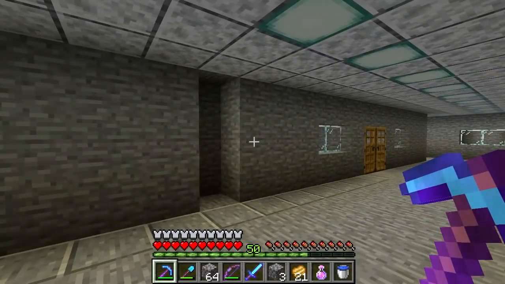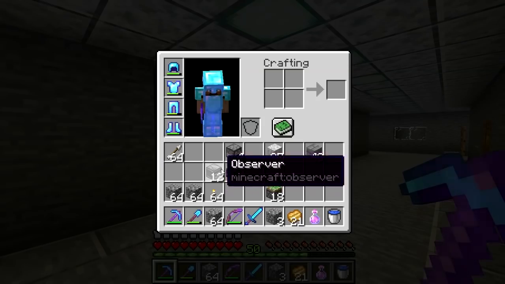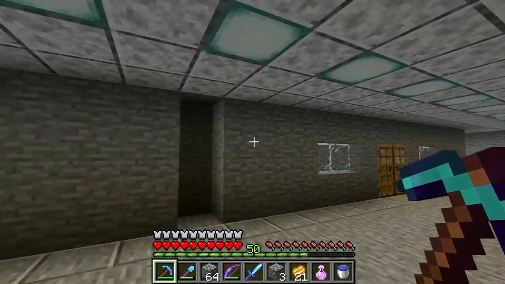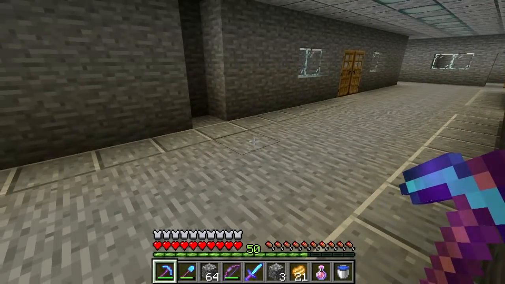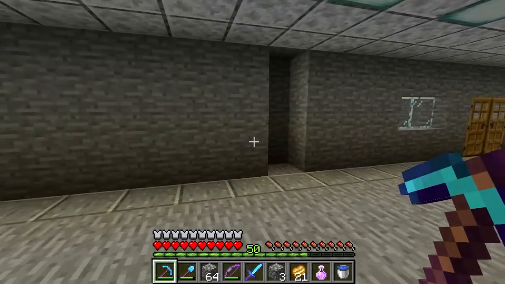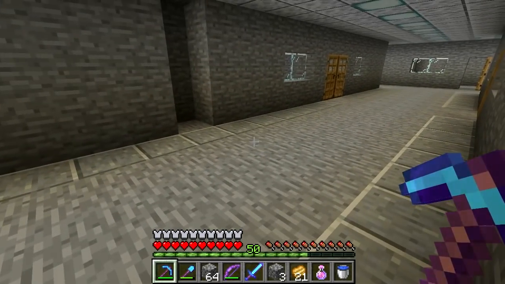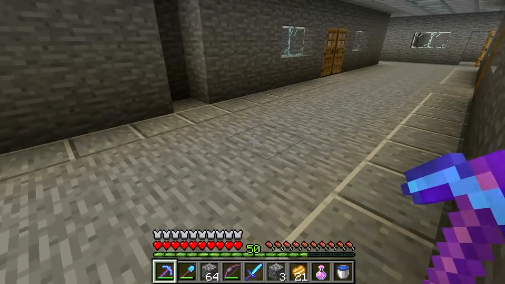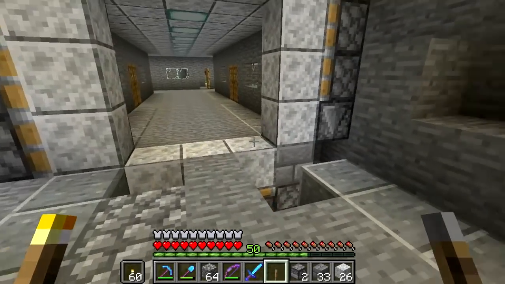Because of that, I've gathered a bunch of stuff here: sticky pistons, regular pistons, observer blocks. I'm going to have to get a little bit of redstone and so on, and I'm going to see what I can do about getting this thing built. I've looked around and found a design in one of Mumbo's videos that looks like it's going to be pretty good. It's fast, and it's only a couple of blocks wide. All right, an undisclosed amount of time later,